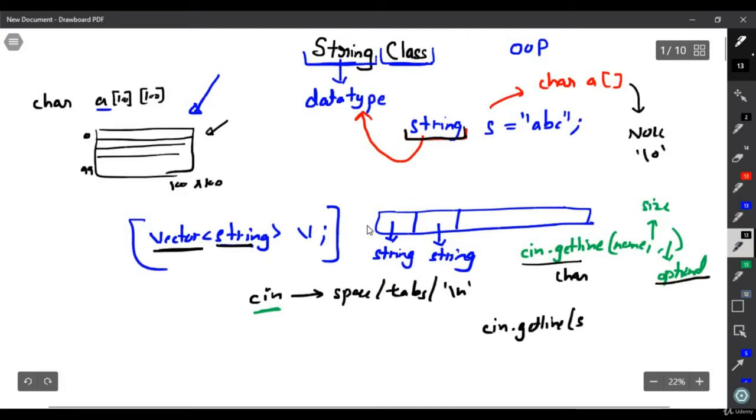The third parameter is optional, but what about the second parameter, the size? This is the property of the string class, that you do not know the size. Basically you can give anything as input.